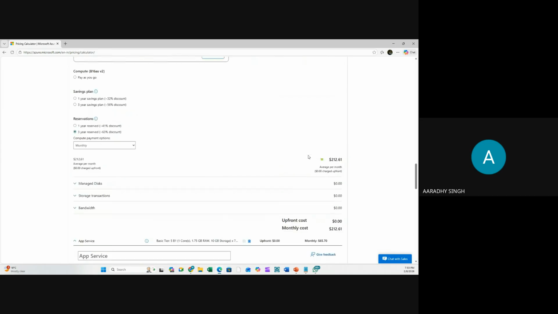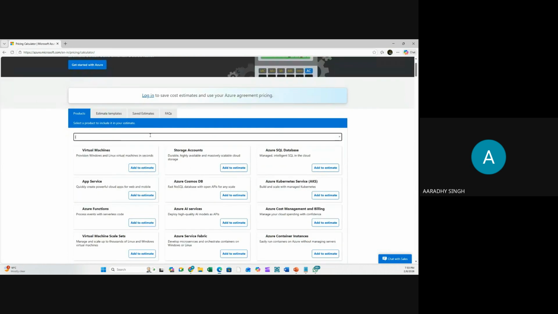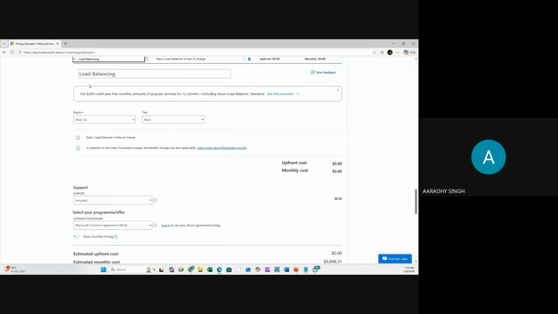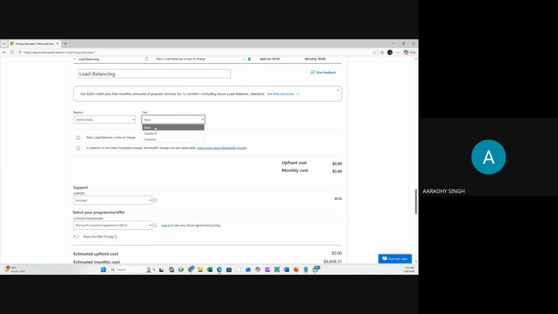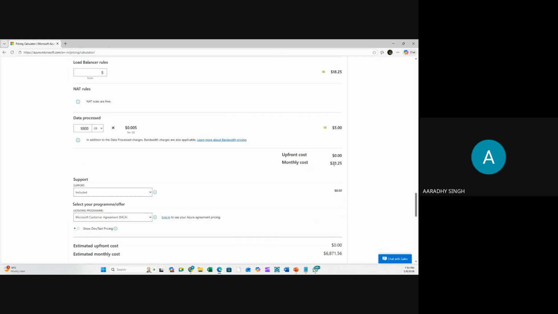Okay. What else? If I have multiple servers, I'm looking for a load balancer also, to manage the traffic. I'm going to subscribe to the load balancer. That is another service, and all these are part of your course. For the load balancer, I'm also going to subscribe in Central India. I could look at the basic load balancer, which is free of cost. But remember, very soon basic is about to retire. So I'll go with the standard load balancer, where I have to pay $23.